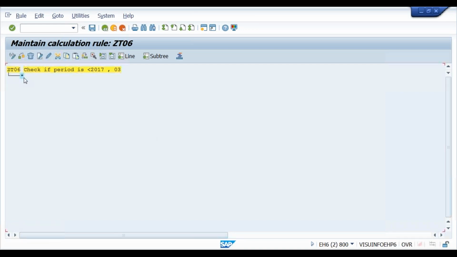Whenever you are writing any PCR for the IF function, it will always start with a star, because 3 and 1 will not be there. We are not executing the base types here. When you are not executing any base types, you always use 4 stars. This is not an input table you are calling the base type from. You are not writing this rule for calling the base types; it is for checking the true or false conditions.